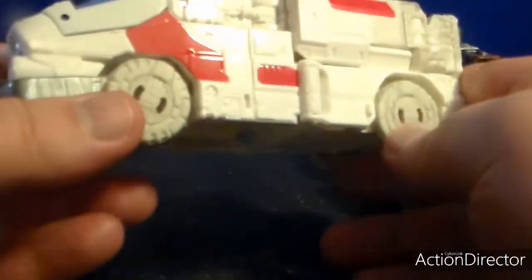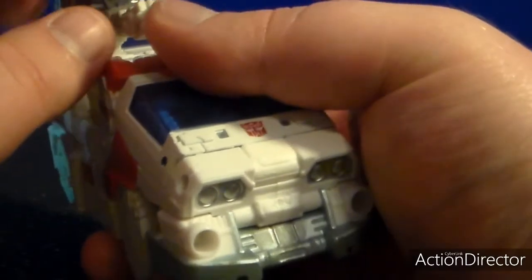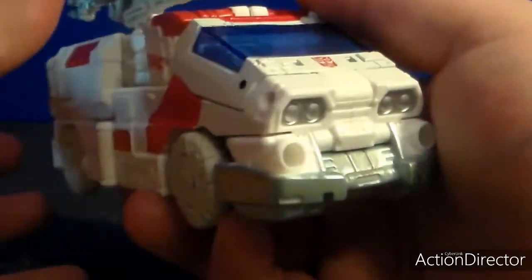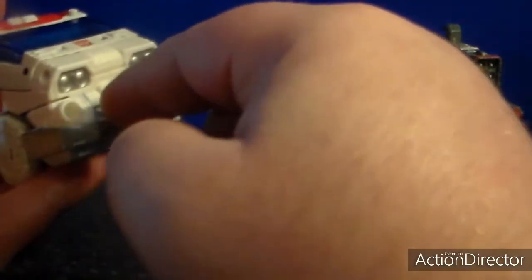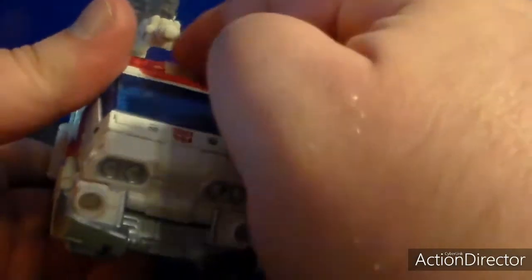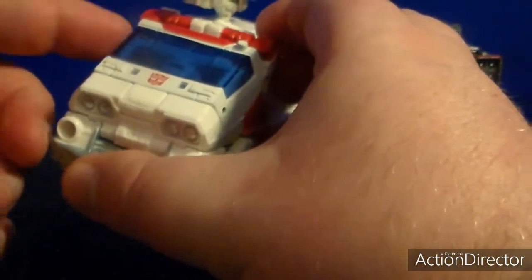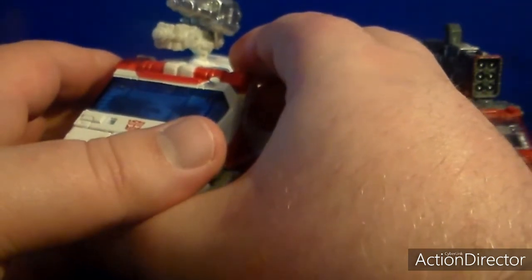But Ratchet, however, is exclusive to Walgreens, similar to the previously reviewed Brainstorm and the other two that I did not review yet. But anyway, the only differences for him: he has a new grill, again a new light bulb piece, and basically looks like he has a Cybertronian impetus, and also they replaced the missile launcher with this weird contraption. Also, Ratchet has another mode that he used as a repair bay,